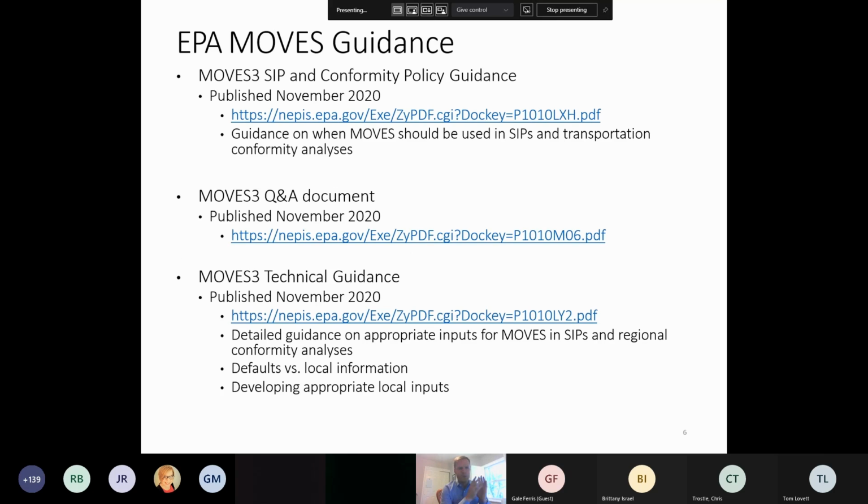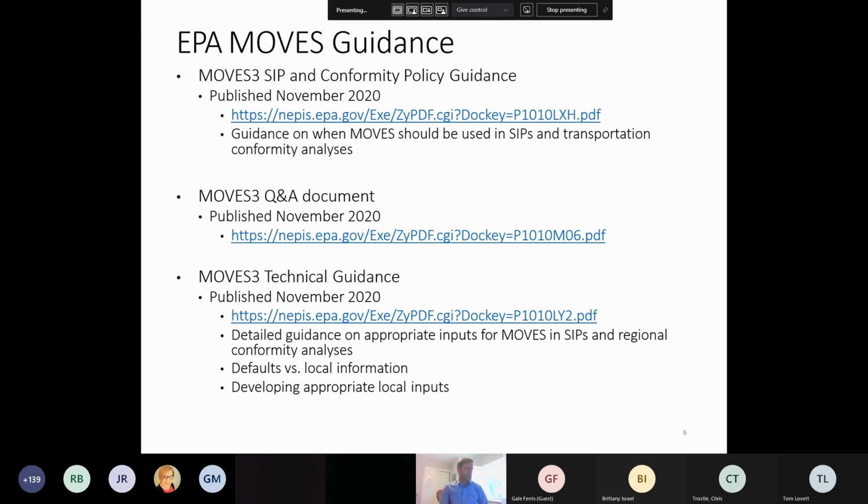So as far as if you do need to use MOVES, how should you use MOVES? Now, EPA develops these guidance documents, which are very prescriptive about how you should use MOVES to meet applicable Clean Air Act requirements. So these are essentially the playbooks to follow. A few of them to note, first the SIP and conformity policy guidance, which essentially is what I just described in the last couple slides, talking about the grace period, when you should use MOVES,